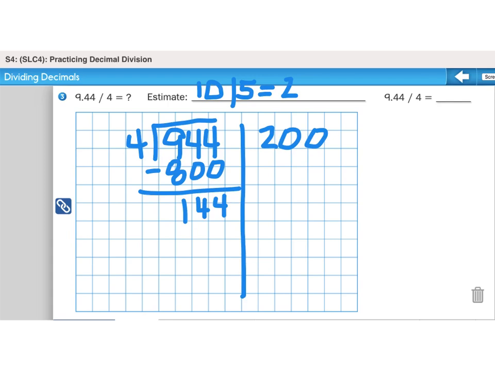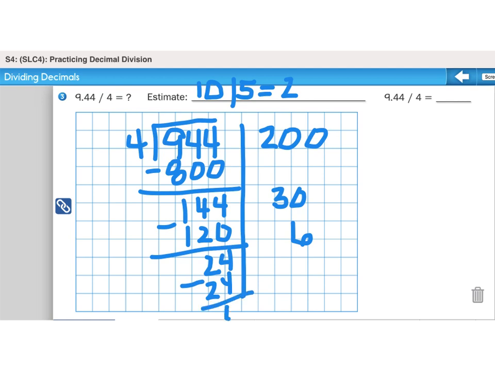So then let's try, maybe 30, because we know 30 times 4 is 120. It's another easy one to do. Subtract this. We get 24, and we all know that 4 goes into 24 6 times. 6 times 4 is 24. No remainder, so if we add these up over here, we get